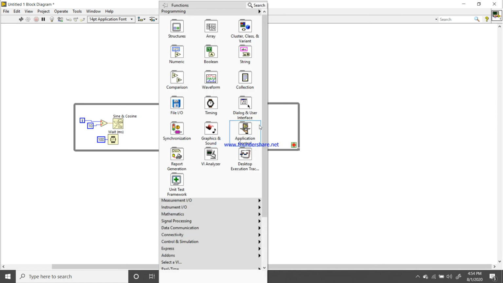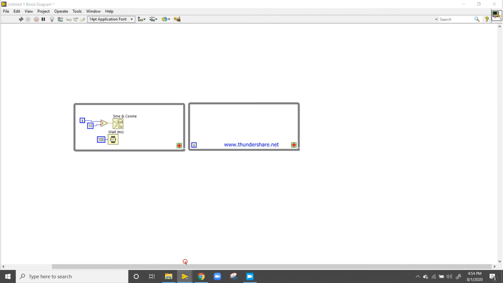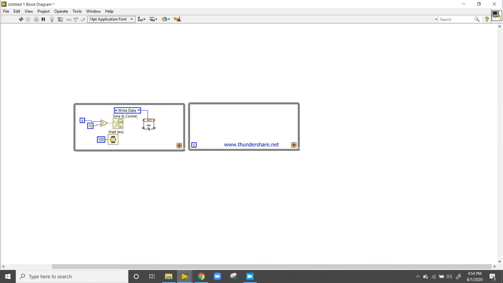Right click here, select a VI, take the functional global variable, action constant write. We can take one more write function here. One will transfer the sine data here, and another will transfer the cosine data here. We can connect the action the same.